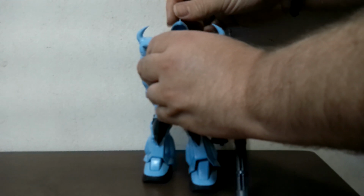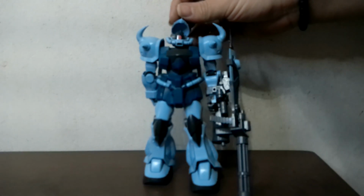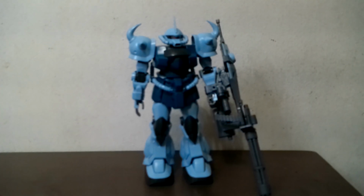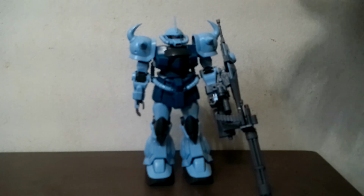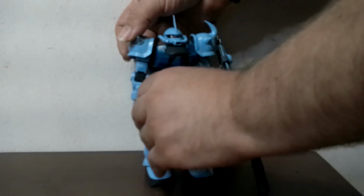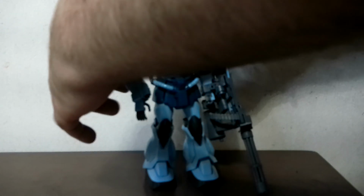Oh, come on now. One second. Anyway, now that that's taken care of, you have to open that hatch to get to the dial. Anyway, moving on. His arm is attached to his torso by a ball joint, which allows